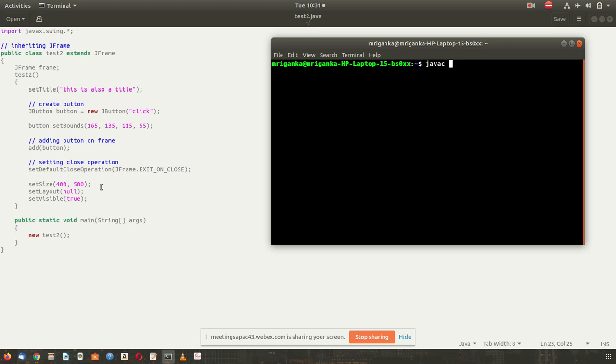How you have executed the previous programs, similarly this also you can execute, no changes. I am using Linux, so that is why I am having to type this command. If you are using Eclipse or NetBeans, then the execution part is the same as the previous way of executing.